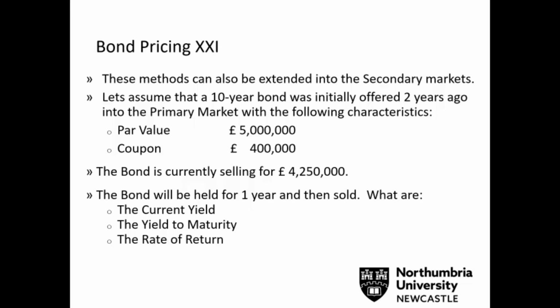And the rest of this lecture you can have a read through, and we try to calculate what is the yield to maturity, the current yield, and the rate of return if we were to buy this in year 2, then sell it in year 3. And you can have a read through this slide and try to understand the maths. And I would highly recommend that you try and practice it yourself, or get Excel up and try and replicate